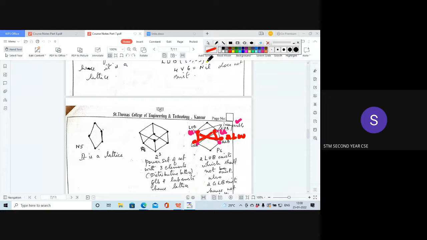If it is not unique, then you cannot select a lower bound or an upper bound when there is more than one. So for a lattice, if the lower bound or upper bound exists, it should be unique, and there will be at most one upper bound and one lower bound. If there is no least upper bound and no greatest lower bound, then we cannot call it a lattice. In this example, there are two least upper bounds for these two elements, so we cannot consider it a lattice.